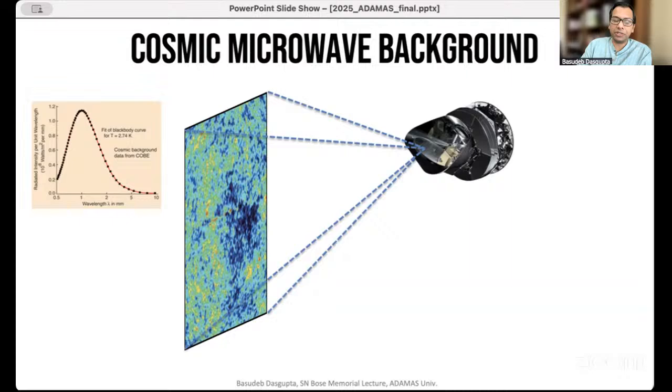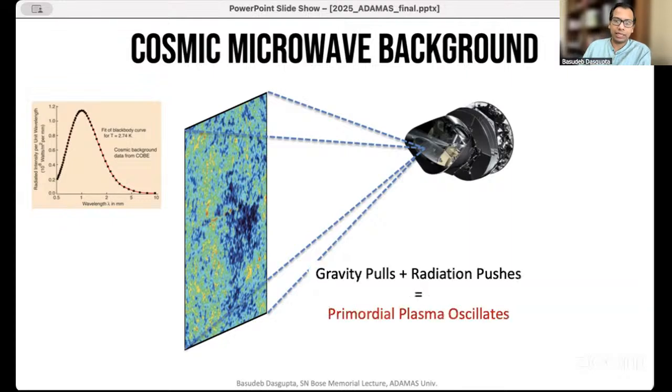These fluctuations can then be analyzed using some very simple physics. The idea is this. In the early universe, I just told you that every little blob of the universe, every part was ionized. So it has radiation pressure. If it has radiation pressure, it pushes outwards. But then it also has energy density, so it has gravitational pull. And so it pulls inwards. So you have two opposing forces. And when you have two opposing forces, you can have oscillations.